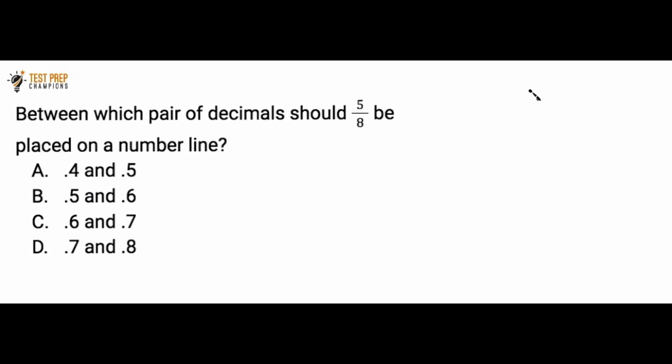It says, between which pair of decimals should 5/8 be placed on a number line? Is it A, 0.4 and 0.5? Is it B, 0.5 and 0.6? Is it C, 0.6 and 0.7? Or D, 0.7 and 0.8? So again, let's have you try this without a calculator. You could pause the video, give it a shot, and then when you're ready, we'll go over how to do it. Okay, so to answer a question like this, the first step I would recommend is to look at the